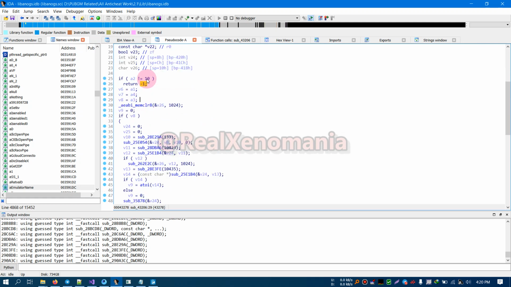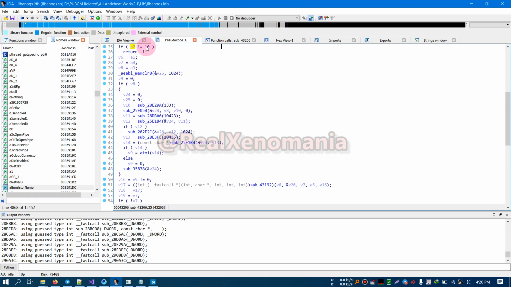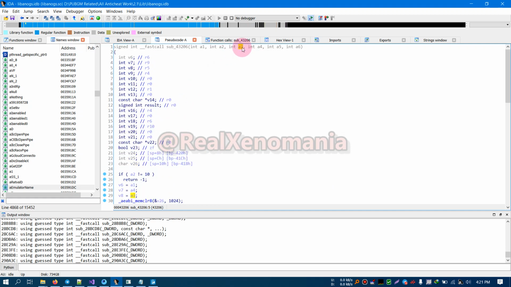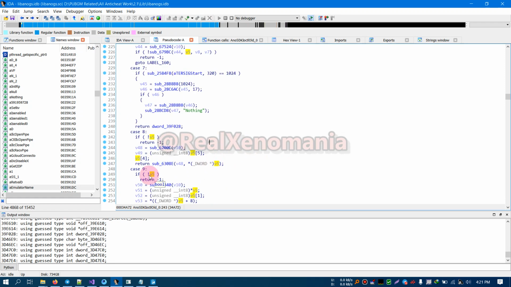Or let's see what if it is 10. In fact it is 10. A2 is now 10. So on A2, if it is not 10, then return -1. It could be a symbol of abnormal termination, or a signal for abnormal working. We don't know it yet. So what we do, we will study this function now. Let's see if v8 is equal to a3. A3 is the third argument, and the third argument in here is v5, which is